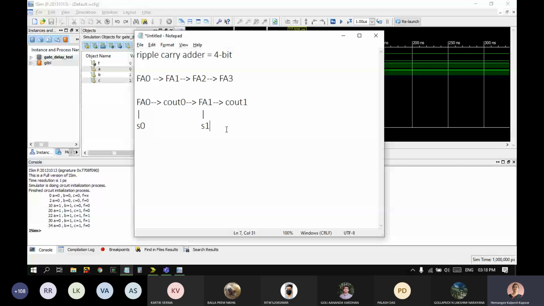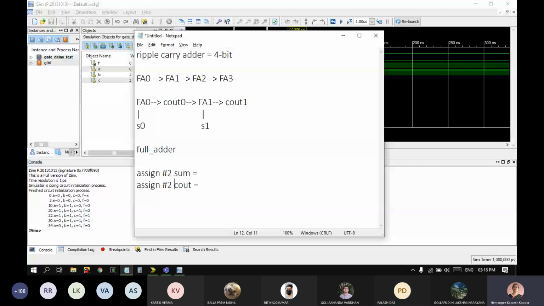How will you do this? We had the full adder module. So you had the full adder module, and in that you had the assign statement, sum equal to something, and C out equal to some statement. Okay. So before this, you just have to add a delay of #2. Palash, the delay was 2, correct? Both have 2. Yes, ma'am. Yes, ma'am. Full adder delay 2.